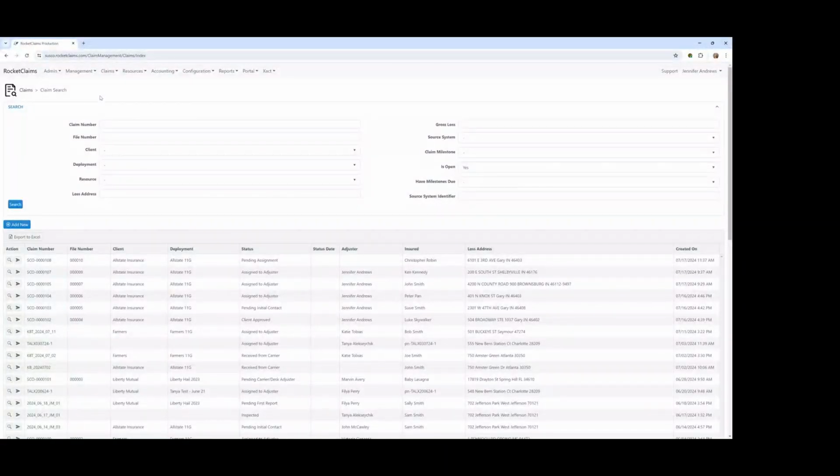Now I will show you how to view or edit claims. There are a few different ways that you can navigate to a claim, including in the claim map or in the portal itself, but the claim search is going to be the main place where you can search for claims. So if you go to the claims header tab and then select claim search, it will bring you to this